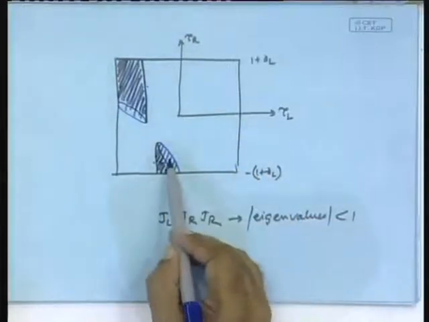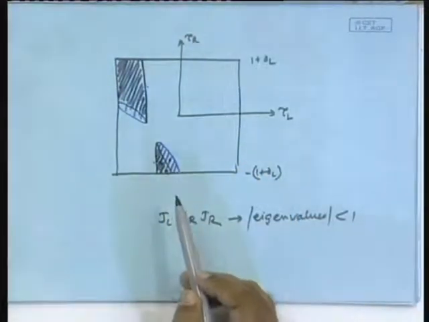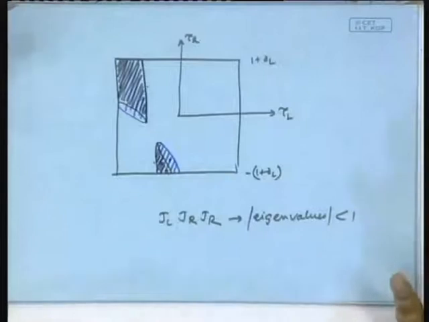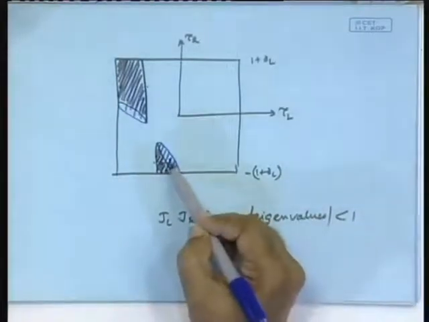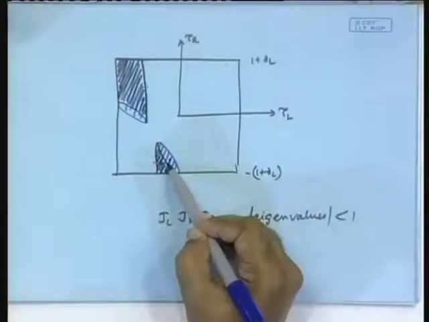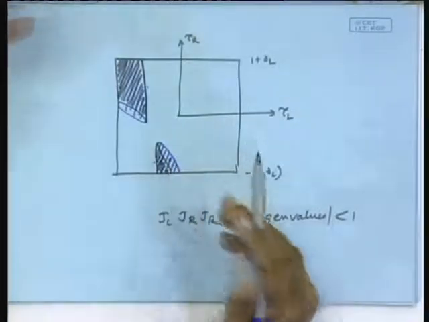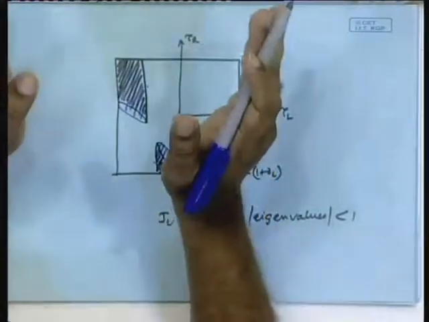Notice if I place the parameter here, then the period 1 orbit is there, the period 3 unstable orbit is there, but the period 3 stable orbit is not there, because the existence condition has not been satisfied yet, right. It will be satisfied when you move here, but here it is not there. What does it mean? It means that there is only the existence of a period 1 stable point and a period 3 unstable point, but the unstable point is now a regular saddle. It will have a stable manifold, and all stable manifolds of regular saddles form basin boundaries. Basin boundaries between what and what? Yes, one is the period 1 attractor, the other will be at infinity.